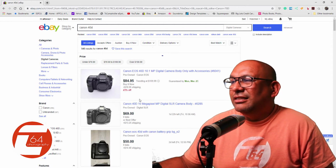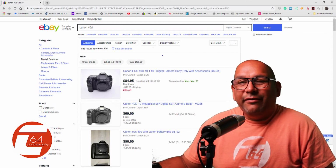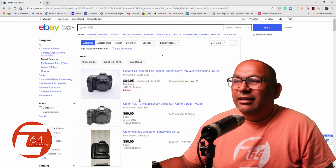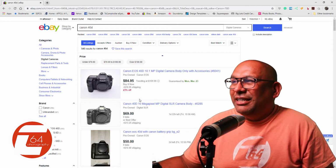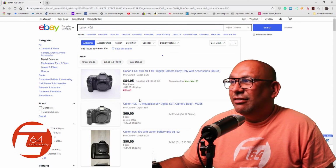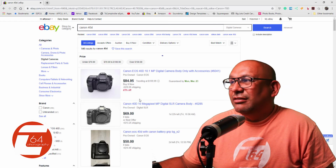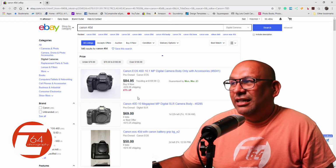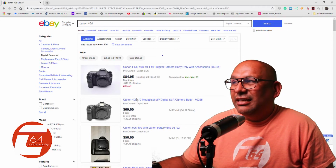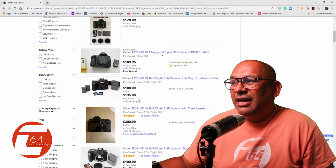You can get just the very first camera, gosh, a 40D 10 megapixel camera for $85. That's insane. I remember buying that camera brand new, too. I bought the 40D when it first came out, and it was like $1,200. It's insane that now I can get that camera for $85. That's just nuts. And you can actually get some other cameras that are even cheaper than that if you just take the time